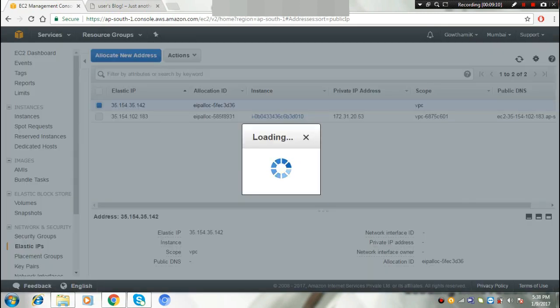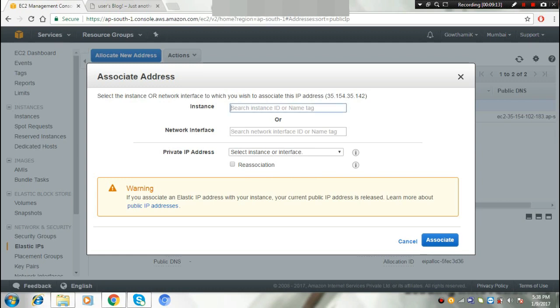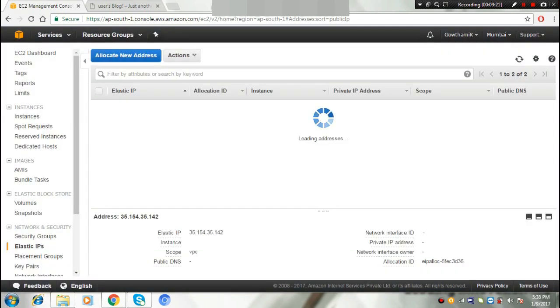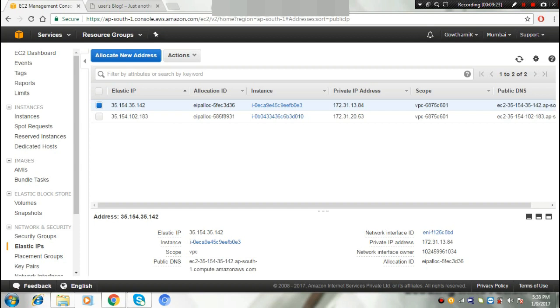In actions we have to select associate address. Then a pop-up window comes up. We have to select the instance ID that we want to associate with this elastic IP.